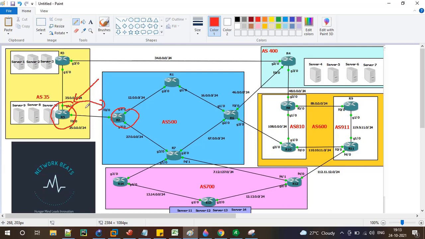Unless the password matches on both neighbors, our neighborship is not going to come up. Let's say I'm going to use the password Cisco123 on both routers. Let's go to the terminal and see how it works.